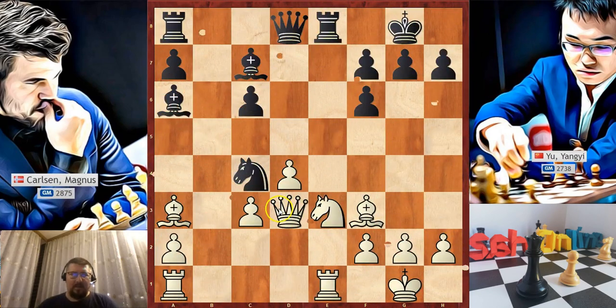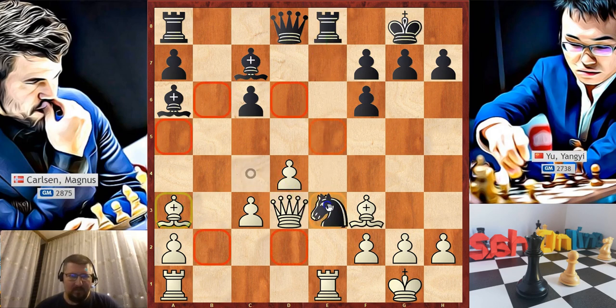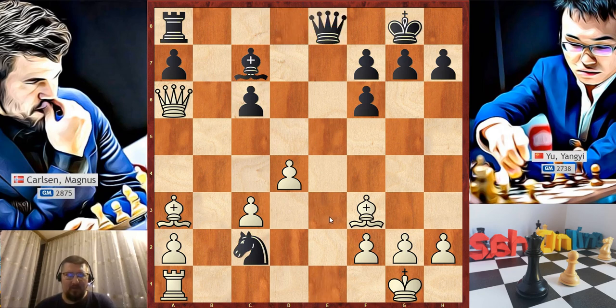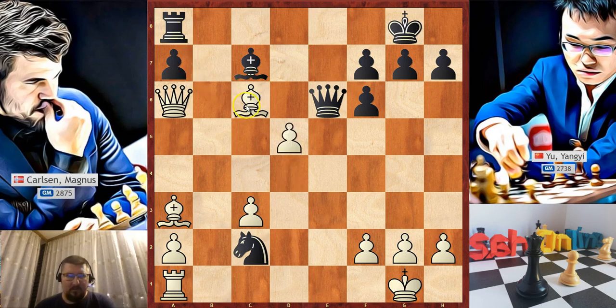Here black has a couple of options, one to take with the knight on e3, or to take on a3, or to take with the rook on a3. Let's look at the knight first. With the knight takes on e3, white takes on a6, knight to c2, forking the rooks, rook takes on e8 check, queen takes, bishop takes on c6, forking the queen and the rook, queen to e6, d5 attacking the queen,